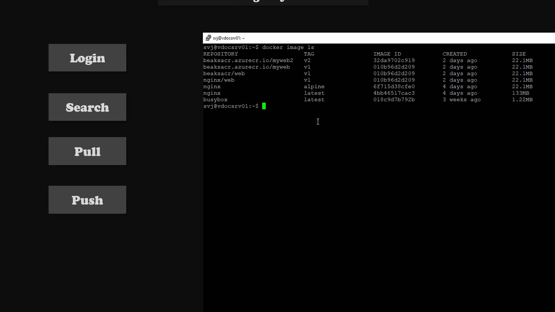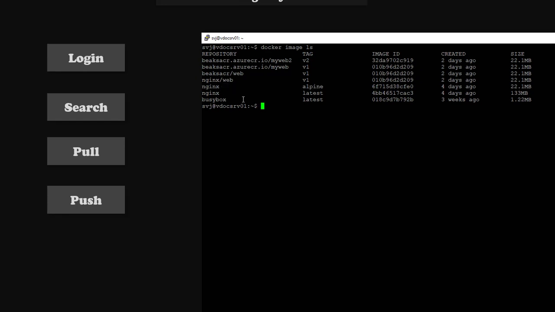So you can push your own image to your own repository. I have already logged in. I just took this Nginx Alpine image. I will rename or retag this image and push it to my own repository.